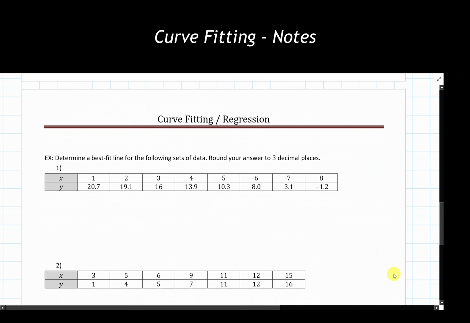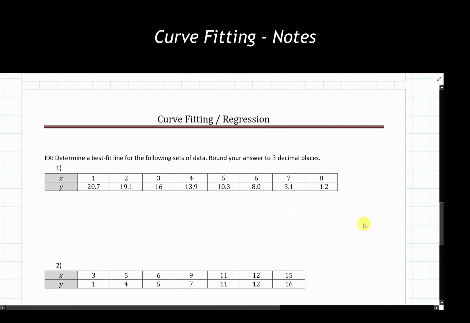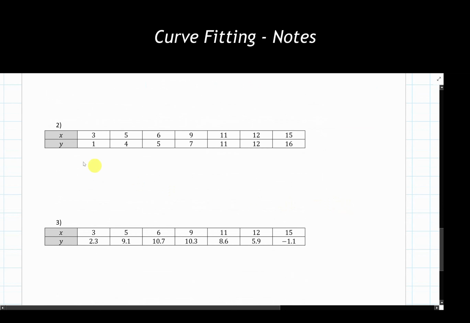Now, before we jump over and take a look at plugging these things into the calculator, we do have 3 examples. And again, I'd recommend pausing the video as necessary to write these sets of data down for yourself. I guess I can only get 2 in here at a time. So for each of these sets of data, we are going to determine a best fit line that matches this. We're going to round all of our answers and decimals to 3 decimal places at the very end. So our first example is listed here. Our second example is listed here. And our third example is listed here.